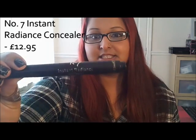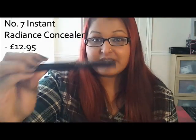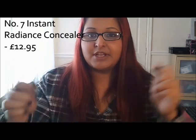But my absolute favourite is the No. 7 Instant Radiance Concealer, which is also very similar to the Touche Eclat, because you have the little brush and you have a little clicker at the end. My shade is shade number 3. It's kind of worn out now, but that's the only downfall to the No. 7, that they only have 3 shades, 1, 2 and 3. So if you find your shade, excellent. If you don't, then